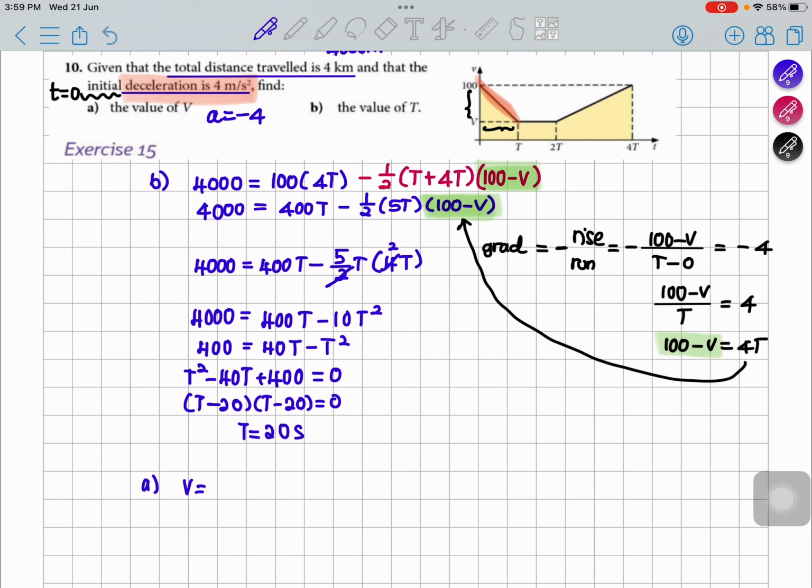So my v is 100 minus 4t. How do I know that? I just rearrange this expression here. 20 meters per